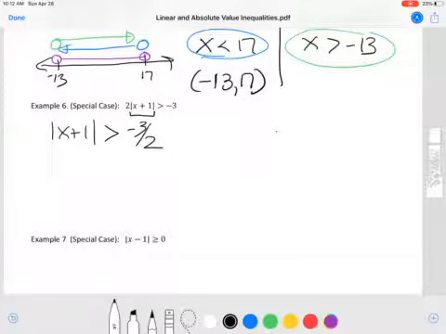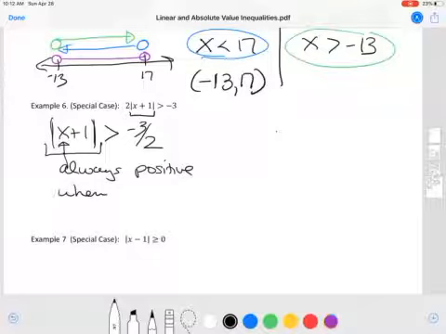Now, if you notice, whatever is inside here, this is why it's a special case, whatever I put in for x, even if it's some really big negative number, let's say it's negative 100. If I put in negative 100 and I add 1, that's going to give me negative 99. But when I take the absolute value, no matter what's inside there, if it's negative or positive, it's always going to be positive